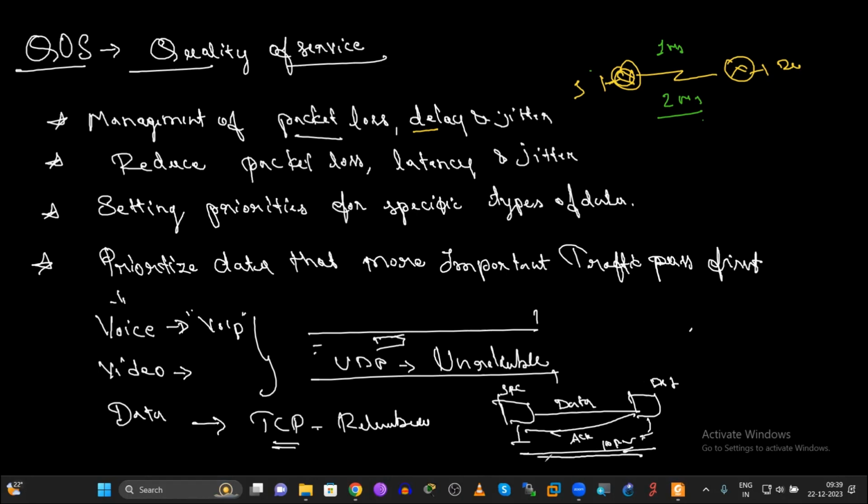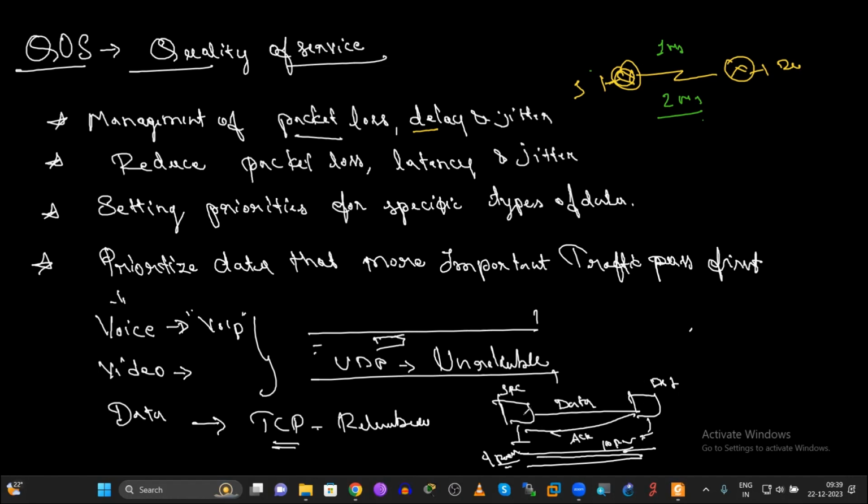It receives acknowledgement for 9 packets, so one packet is left out. Then the source waits for a random amount of time, and the same data is retransmitted to the destination. This is how the TCP connection works. This is why it is called reliable. Reliable means there is no packet loss.